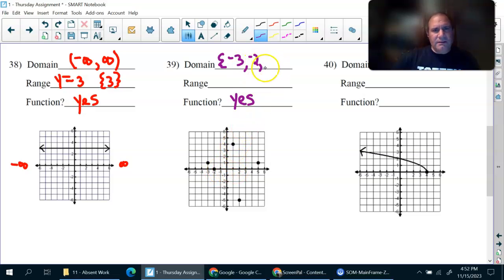This is 1. I'm just giving the x coordinates. This is 2, and this is 5. And I'm getting the domain from all of the x coordinates. The range,